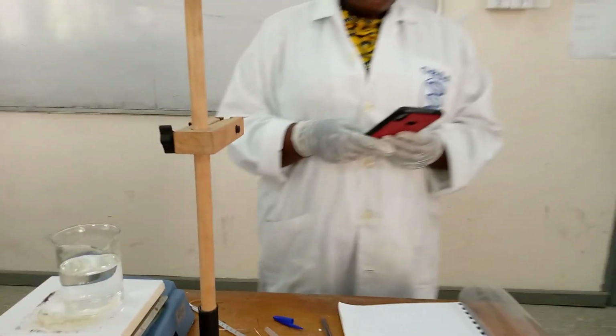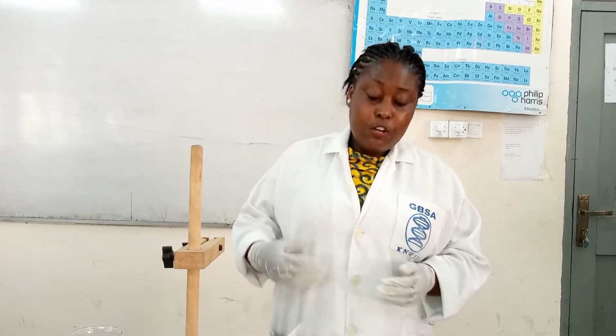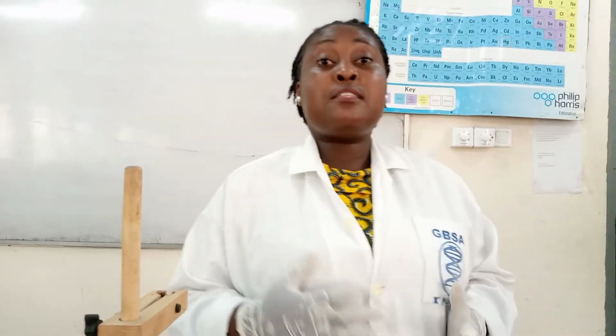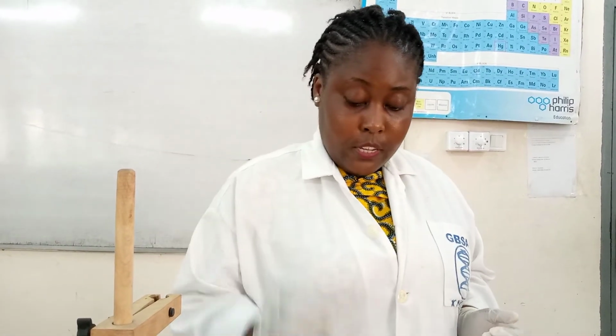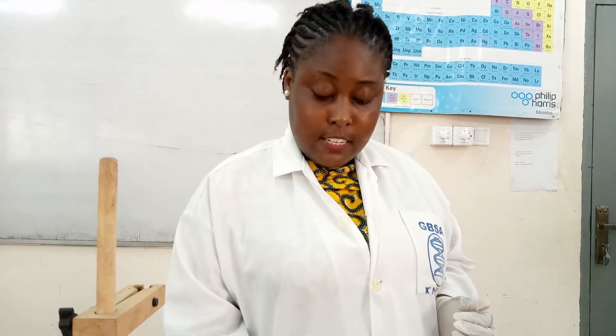Okay, so when I check online, I got benzoic acid. So from literature, this is what somebody has done, and the result is out. So it is benzoic acid because what I checked online, the melting range for benzoic acid is 121 degrees Celsius to